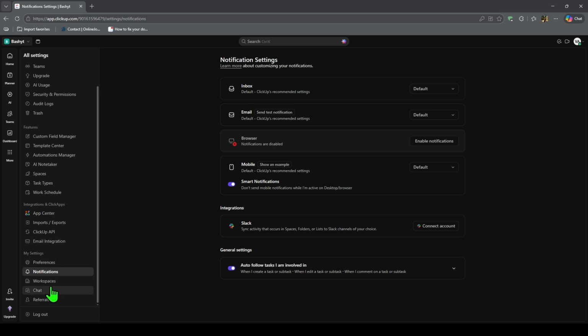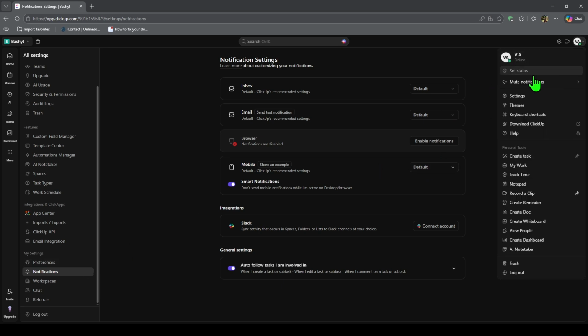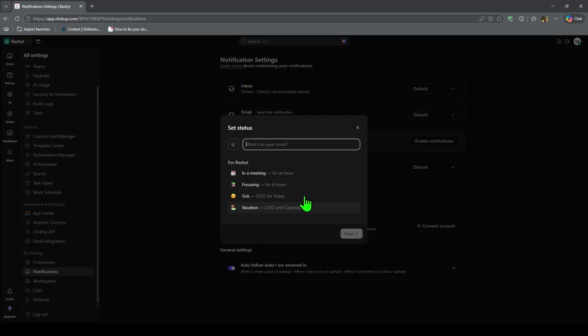One helpful step is to update your notifications. Go to your notification settings and turn off alerts that are not important. This will not fully hide your online status, but it can help you avoid constant interruptions while working. You can also set your status manually if your workspace uses status or availability features. For example, you may set a custom status like focus time, away, or do not disturb, depending on the options